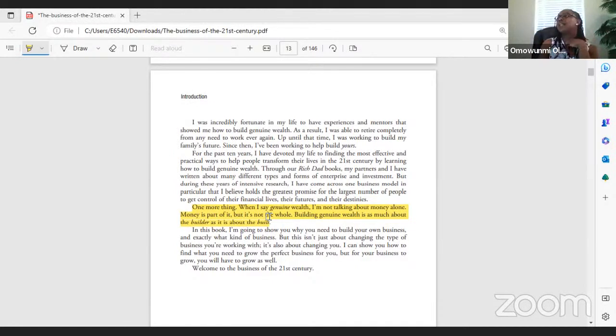So in general, the business of the 21st century, the beauty, and as we go on, we're going to see all of the assets that this business delivers to us, those of us that are ready, because this part 1, especially chapter 1, is mostly about making the case for you understanding and knowing that your job is not enough, that it's time to make the move.